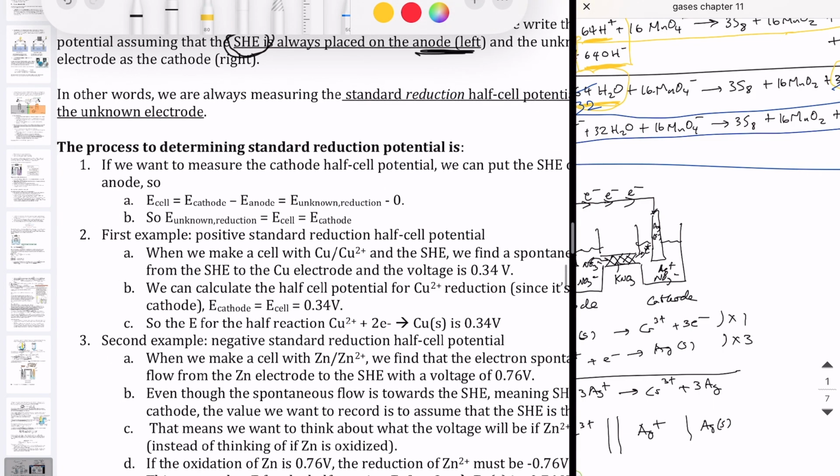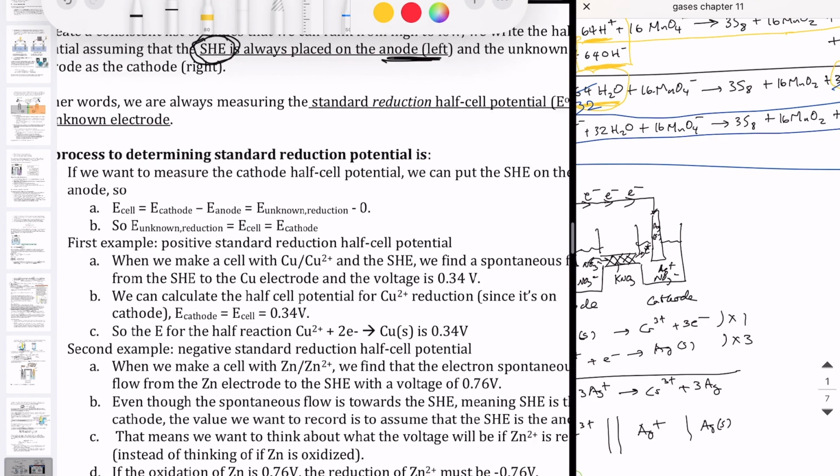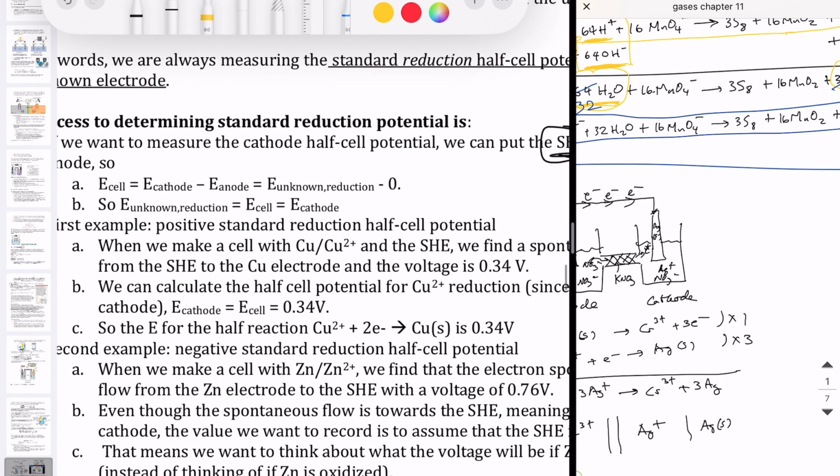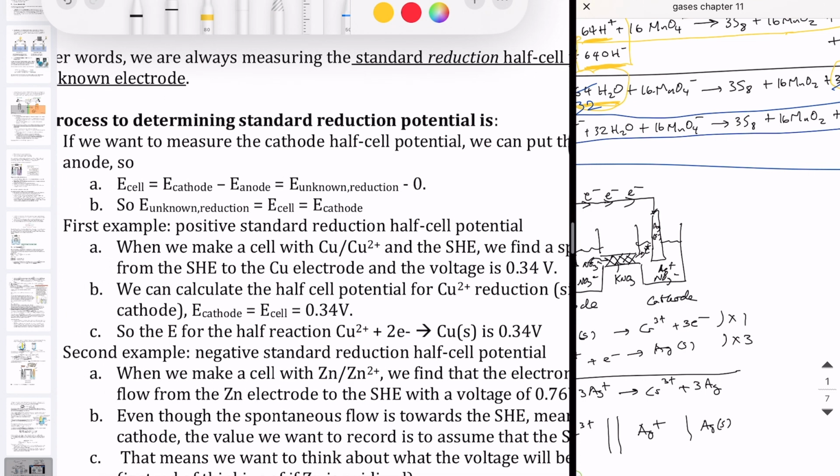So hopefully that makes sense. I want to just summarize it again here. We're trying to use the hydrogen electrode, which is our standard electrode, as a way to determine the half cell potential of other metals, other species, right? So we're going to create these electrochemical cells, these voltaic cells, with the hydrogen electrode on one side and with the other electrode on the other side. To make it consistent, we always put our hydrogen electrode on the anode side. So therefore, the numbers we get is basically the unknown electrode reduction reaction for it, since it's going to be placed on the cathode side, and it's going to be the cathode,